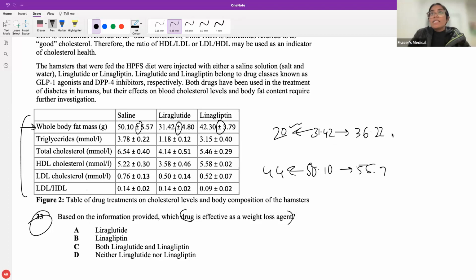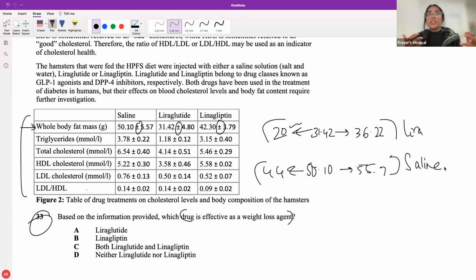So we can definitely see that between liraglutide and saline there is a significant difference. So what does this mean? Because none of the values are overlapping, we can say that it's statistically significant,